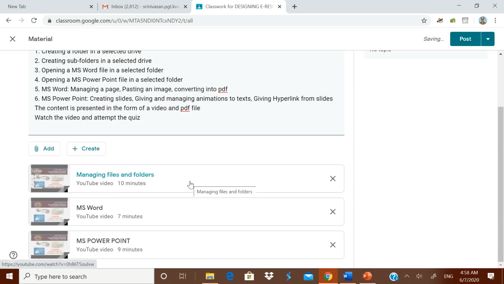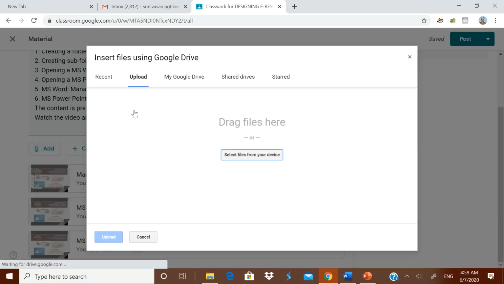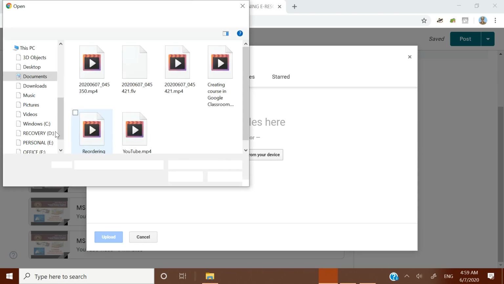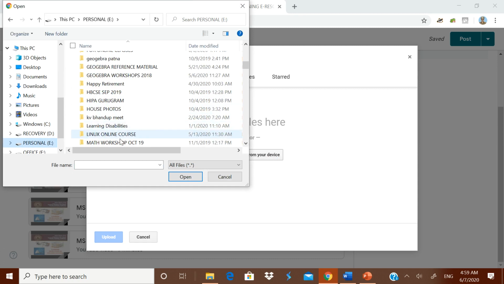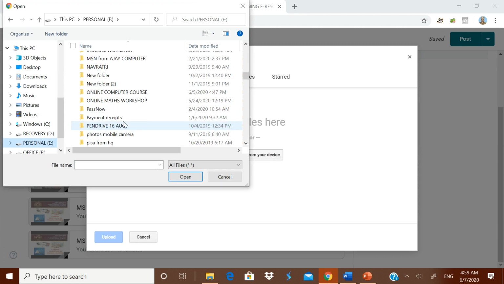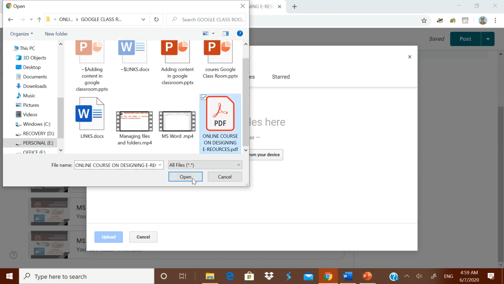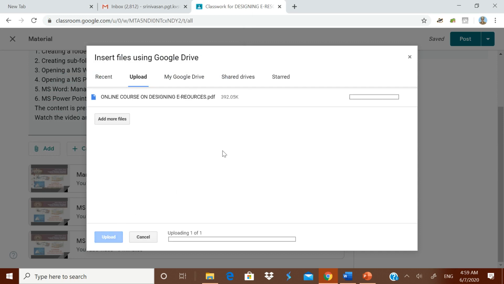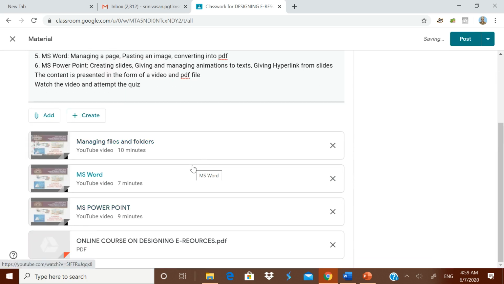Okay, now I have created it. Now if you want to add any file, for example, I will go for it. You can upload it from my folder. I am just selecting it. I have made a folder automatically for this Google Classroom. I have made one folder, just showing you Google Classroom. I have made that online course on designing. This can be opened. Okay, then this can be uploaded. Now depending on whatever you want, you can upload and then give it to them, and they will see it. The particular students will see all of them.